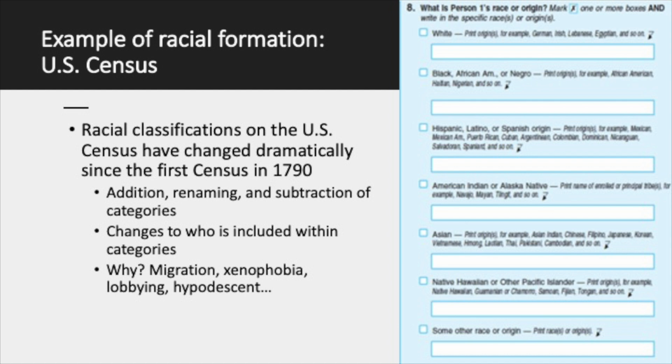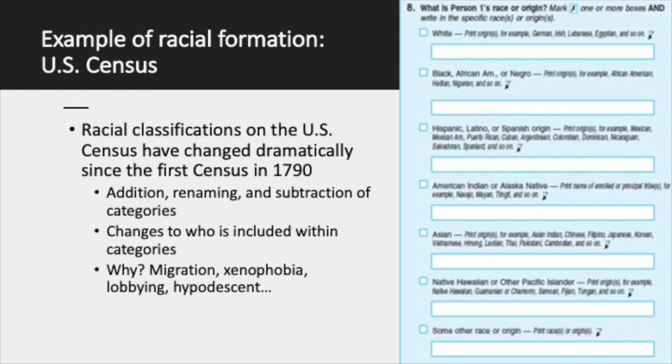I also want to show you an example of racial formation. And one good example is how racial categories have changed across time in the US Census. The 1790 census had 3 categories, and this was the first census in the US. And those 3 racial, I suppose you could call them racial categories, the 3 categories were free white males and females, other free persons, and persons who were enslaved. That was the race question on the census in 1790.